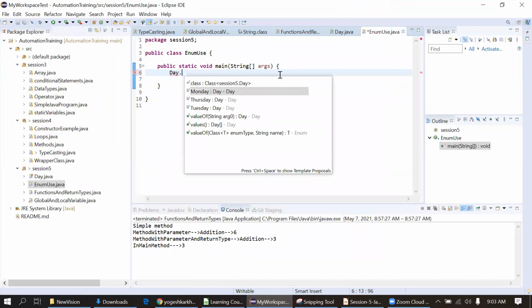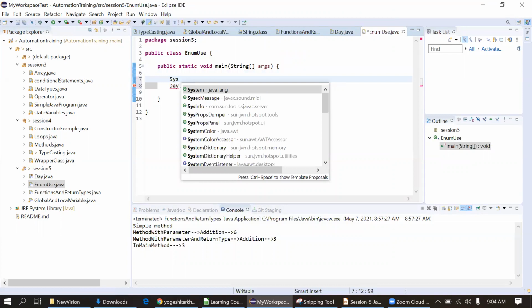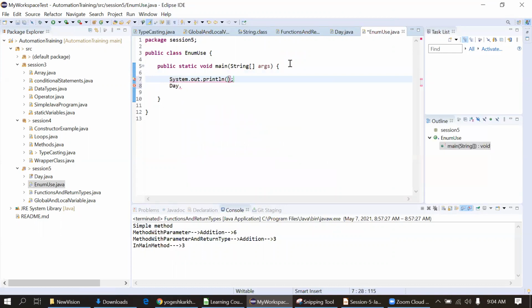You are seeing the options Monday, Tuesday, Wednesday, because only 3 of these we added in the enum. That's why we are seeing these 3 options only. Okay, so I will go here, I will use system out print, using the shortcut. Okay, I will just type from enum.